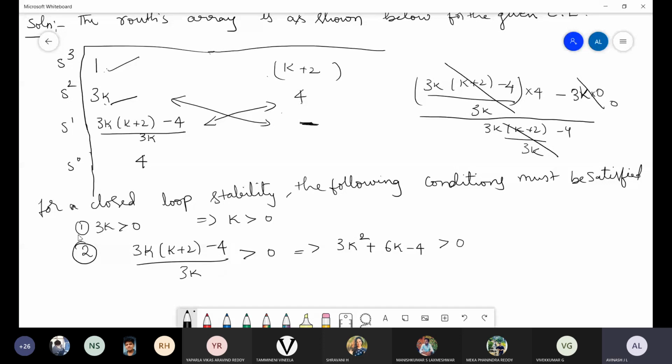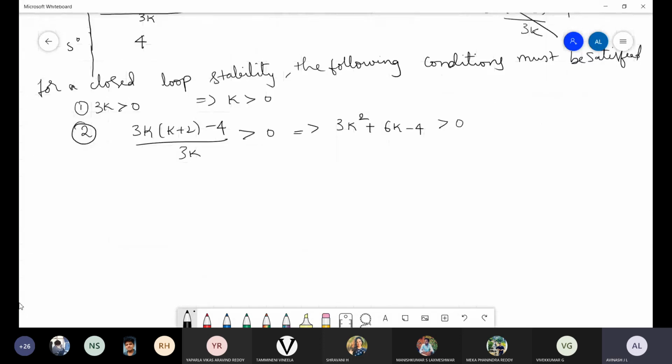So now what we need to find out, since there is a second degree polynomial, is this. Let 3k² + 6k − 4 = 0, because we need to find the root, that is, the value of k. That is why we consider 3k² + 6k − 4 equal to 0. If we use a calculator, k should be equal to 0.53 and k will be equal to −2.53.